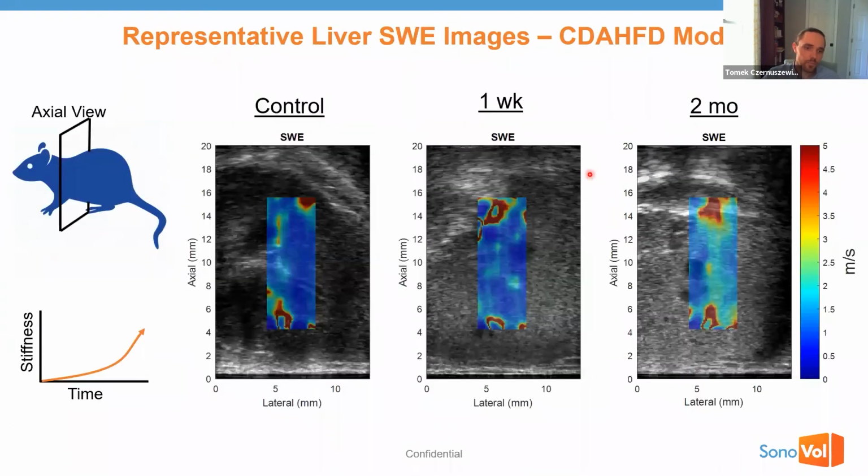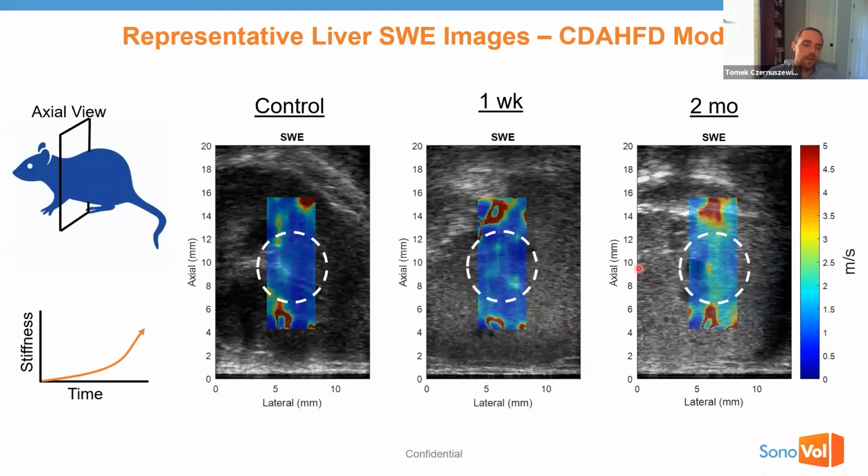If we look at some representative shear wave images, this is what they look like. The color map here is overlaying the shear wave speed pixels. In the control time point, we see that most of the liver is this dark blue pixel around 1 meter per second. At 1 week, there hasn't really been much change. You can see the brightness is brighter as shown in the previous slide, but the stiffness has not really changed that much. But by 2 months, we're already starting to get into these teal yellow colors